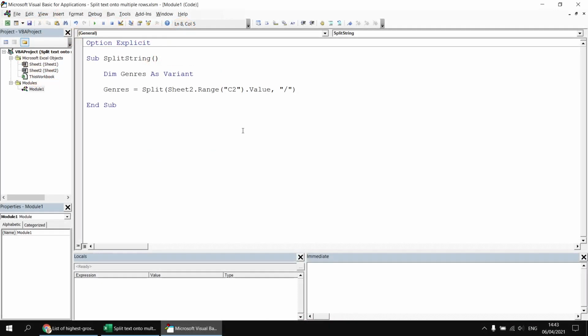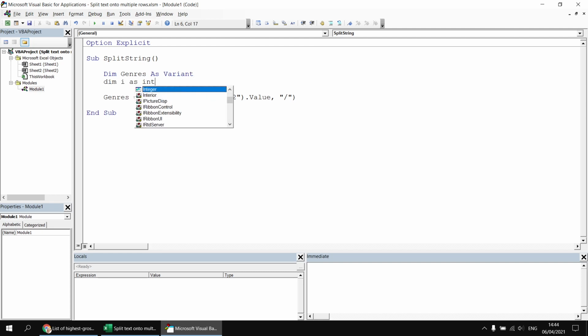To list out the contents of the array, we can count through the individual elements and then write their values into the immediate window. To do that, we'll need a variable that we can use as a counter, so I'm going to say Dim i As Integer. And then after we've populated the array, we can say For i equals, and then the array that we've created